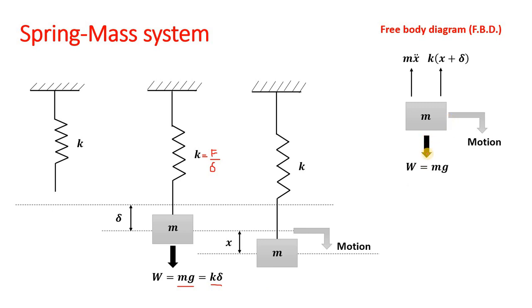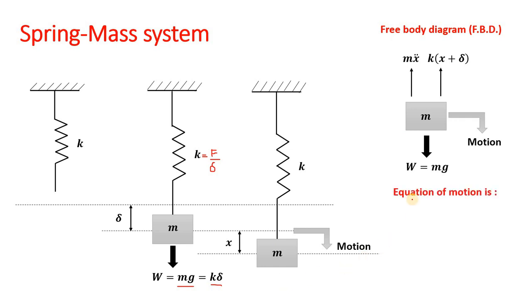So weight is acting in the vertically downward direction, that is W is equal to mg. Now the inertia force, that is mass into acceleration, that is m into x double dot. So x is the displacement, then x dot will be the velocity, and x double dot will be the acceleration. So mass into acceleration, x double dot, will be the inertia force which is acting against the direction of motion. Similarly, the total deflection from this mean position, that is this particular reference position, is delta plus x. So spring force will be equal to K into x plus delta for this position, that is the position that we have shown in this particular figure.